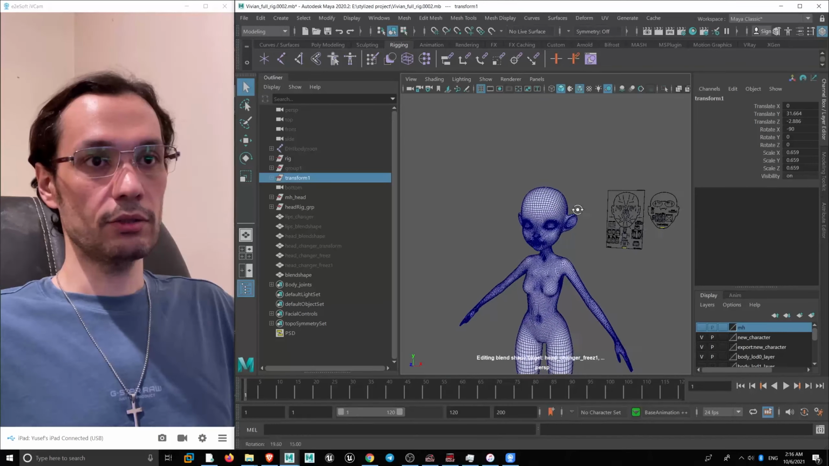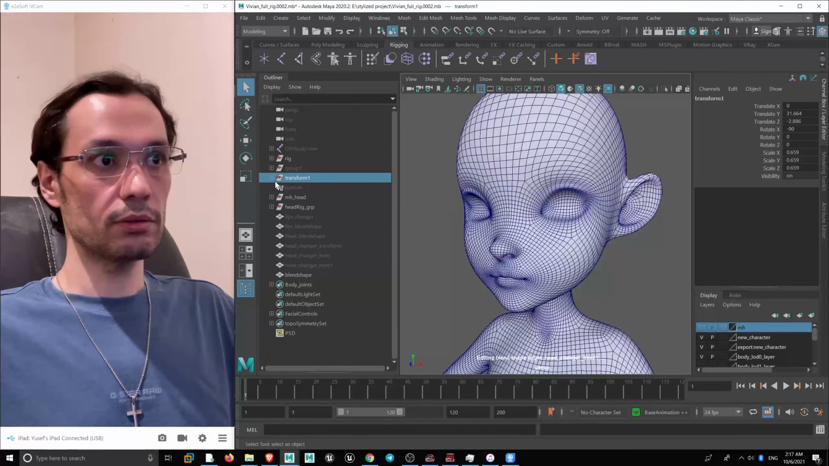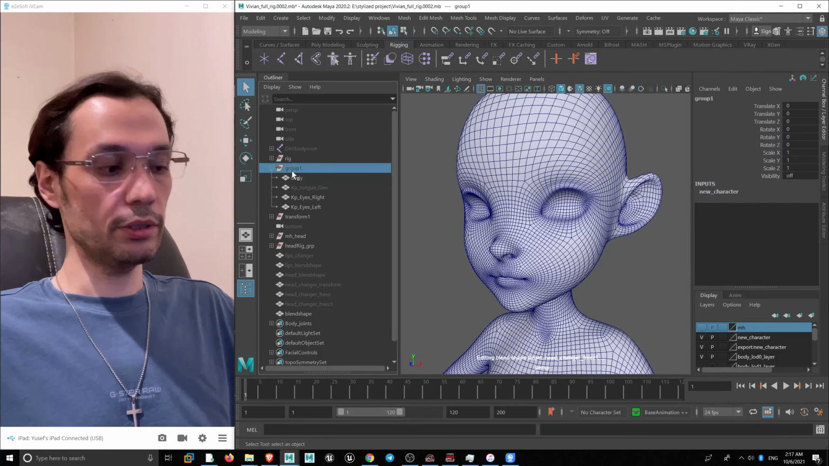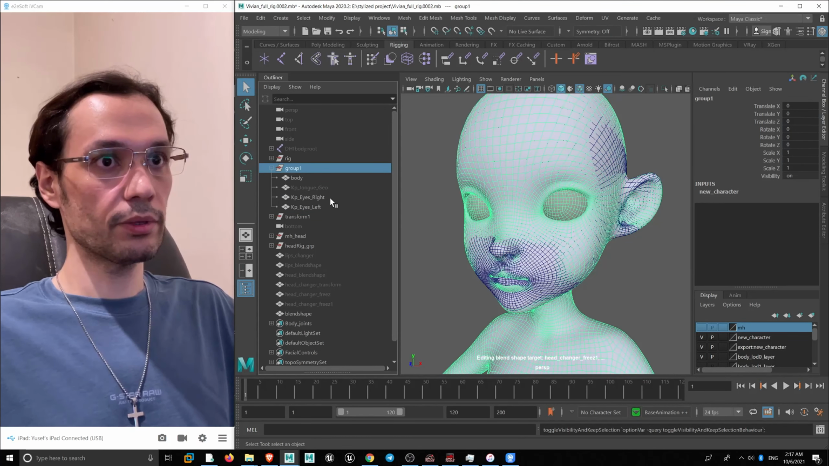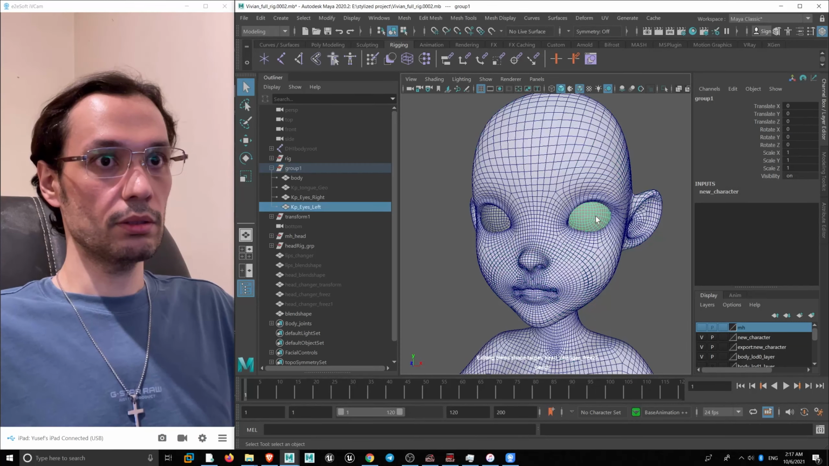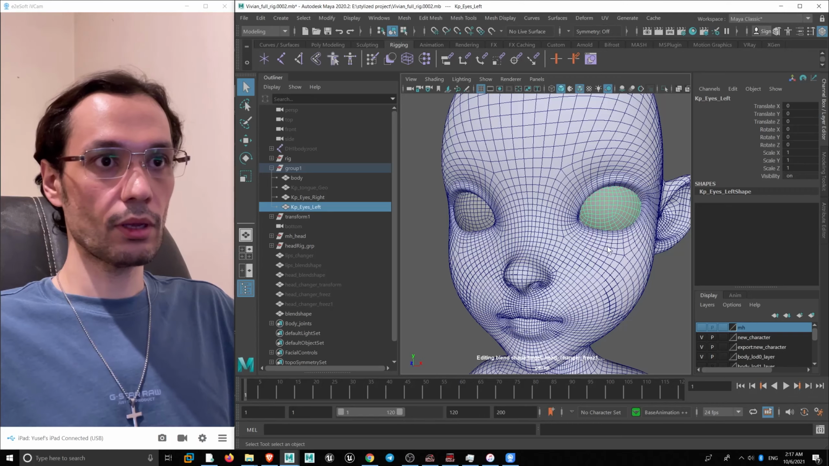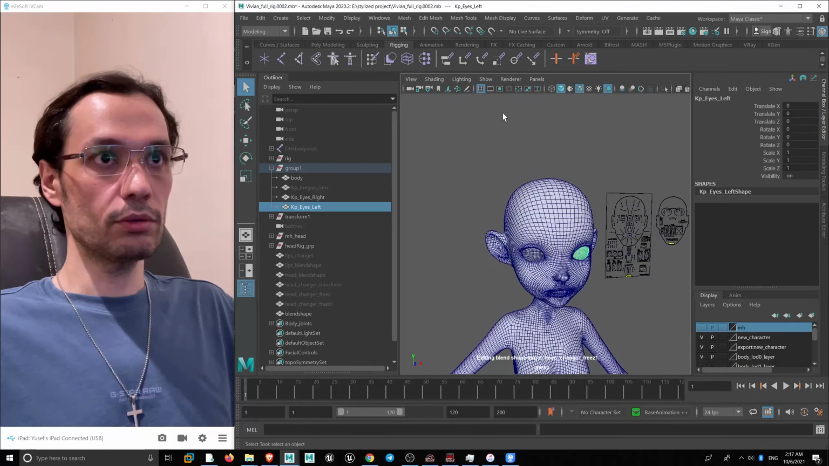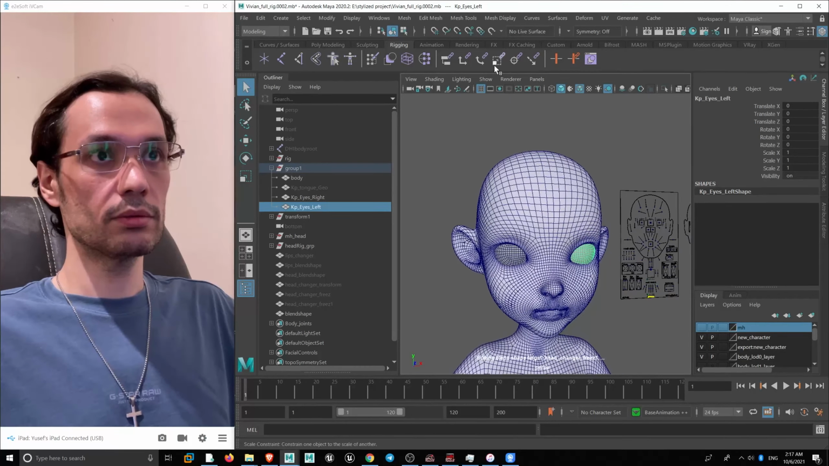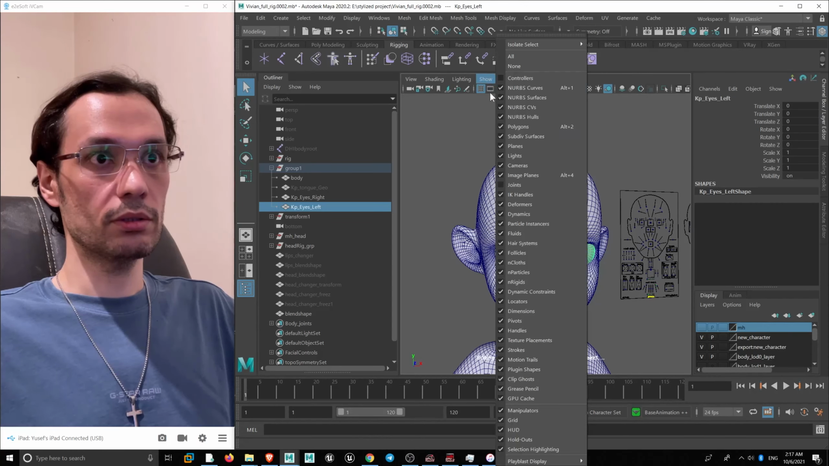Now it's time to add jaw and eyes. So I'm going to the group. Actually here I'm unhiding it. And here we have eyes. What I'm going to do is showing the joints,